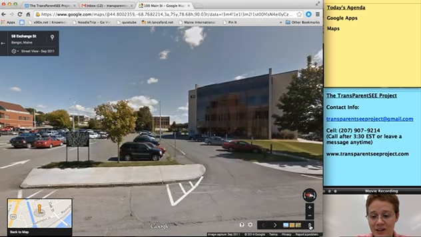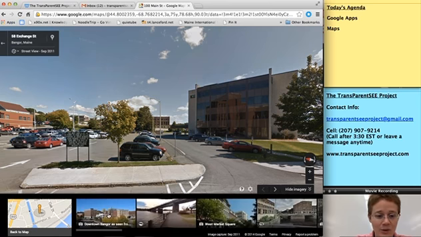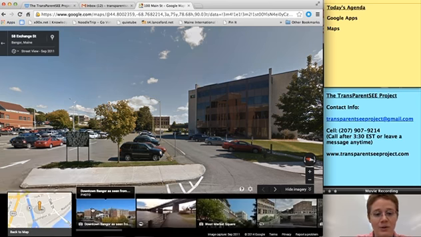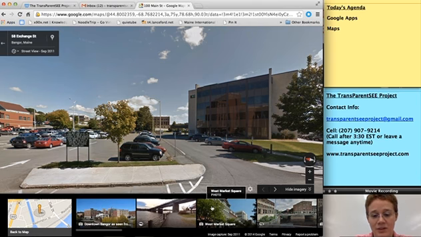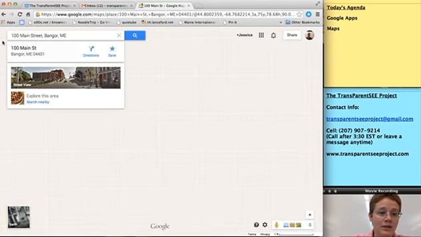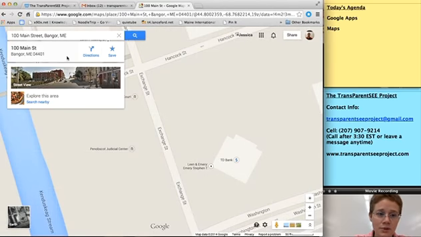And the other thing that you saw here is some photos, and there are photos that come up about each place, different places in the area. It'll give you a good picture and then some information about the place. So that's pretty neat. Now, if we go back here to our main screen, which is just google.com/maps,